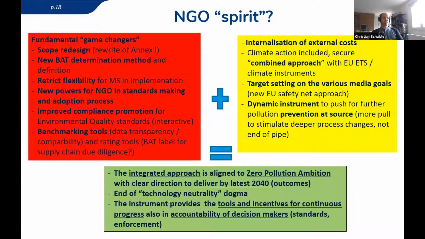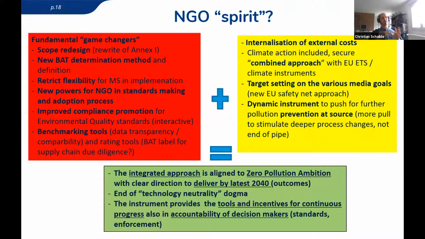Another key aspect is the BAT determination methods. As I said before in the graph, there's no technical feasibility obligation. There are no clear rules on how you cut the best from the rest, I would say. We want to set some clearer rules, and I think industry even agrees on some parts with this. Maybe they want a different direction, but sometimes we win, sometimes they win, and there's no clear method. I think it merits having a clearer method.